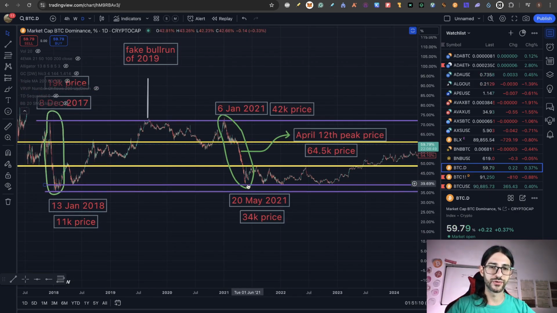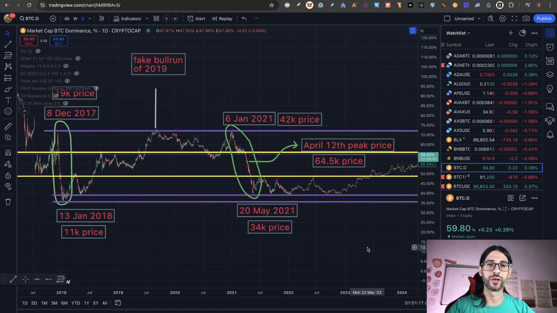When Bitcoin dominance is on the downtrend here around the 40%, on the last bull runs is when we saw the peak of most of the altcoins. So that will also be a great indicator for you to sell your altcoins. When you are, for example, below 48, you should start considering taking profits from your altcoins. And probably when you hit the level on Bitcoin dominance of 40 or less, you should be selling the rest of your bags on your altcoins.